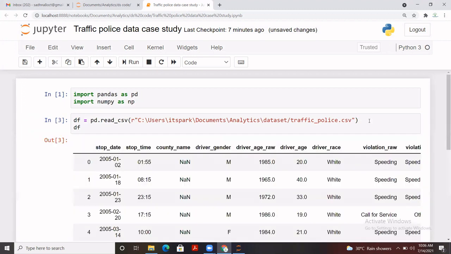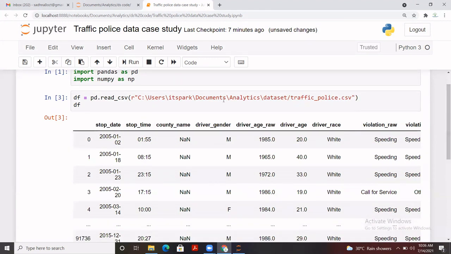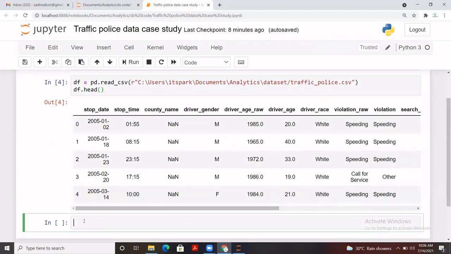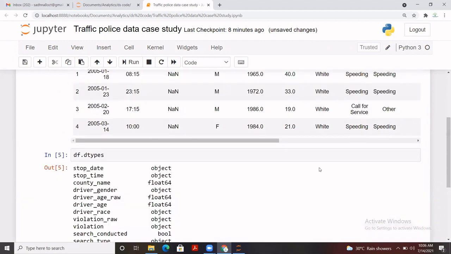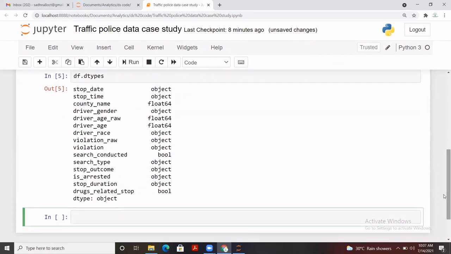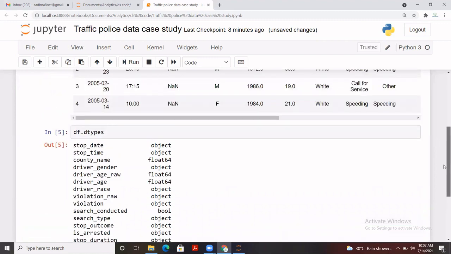df is here. So we can see that we have imported our data. Let me put head to display the top 5. Based on this data, first let me check how many columns we do have and what are the different names of those columns. To do this, I'll apply the info function, and we can use dtypes too. dtypes will give you the data types for all the columns, so that I can look into what the different data types are. I can see that stop date and stop time are two columns which need to be considered as a date.